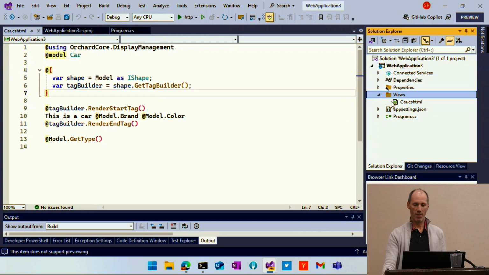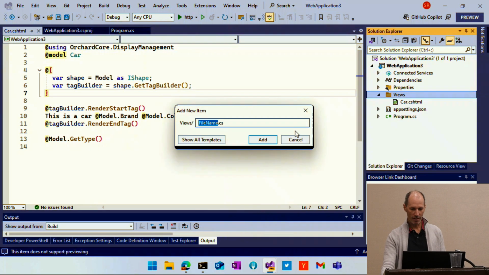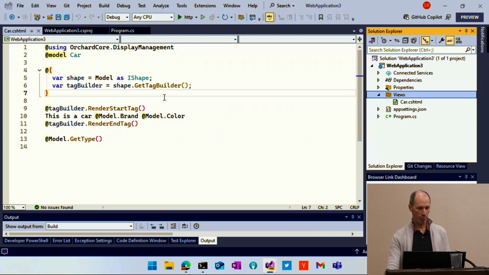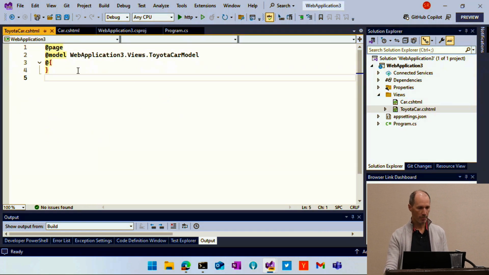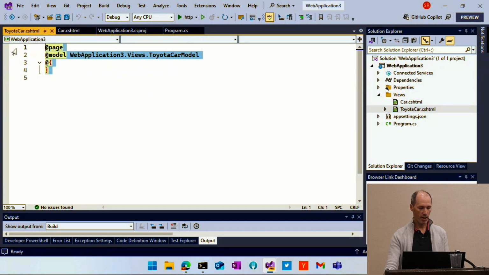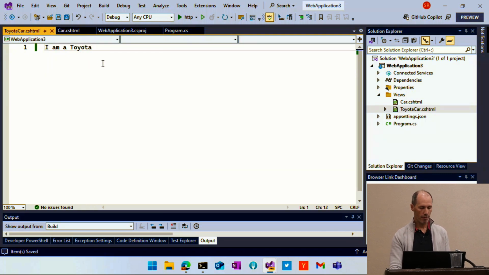If Visual Studio decides to let me provide a new file, blue car, Toyota car.cshtml. Obviously, it will be a cshtml file. Oh, beautiful. And here I will just say I am a Toyota. Okay, and if I run it,